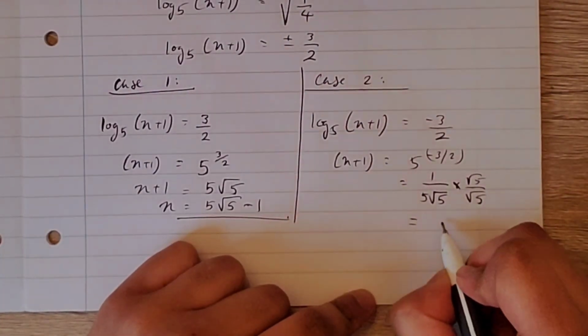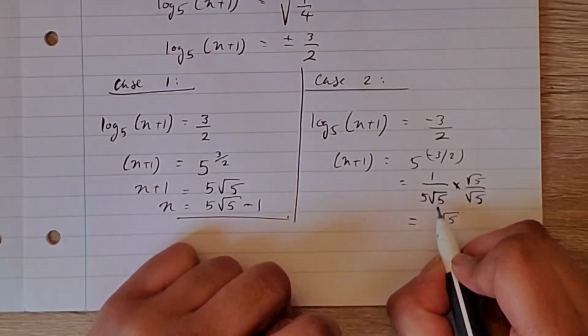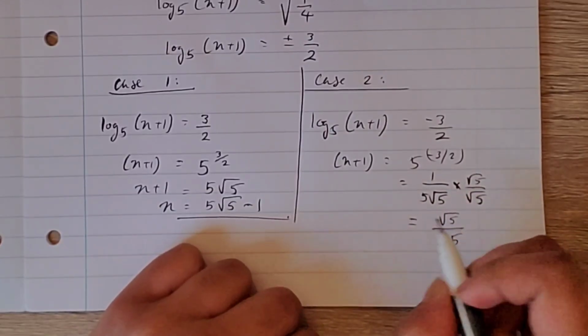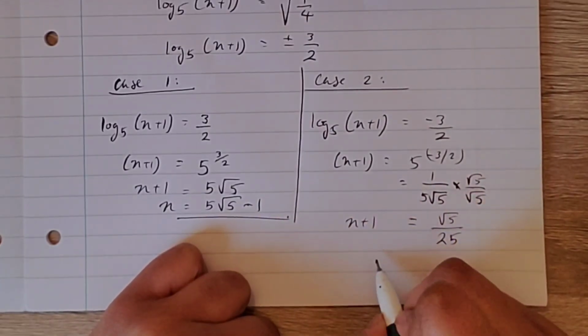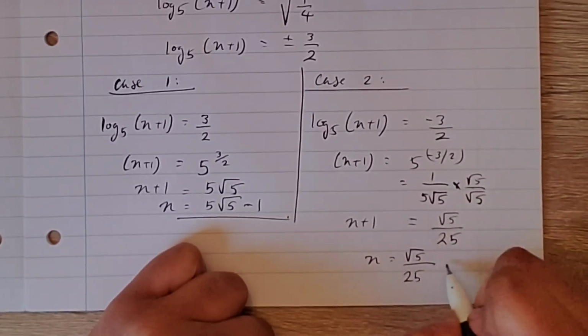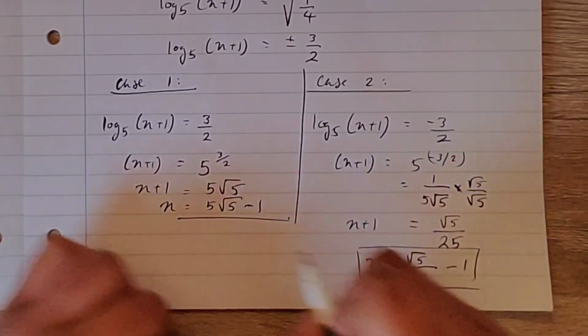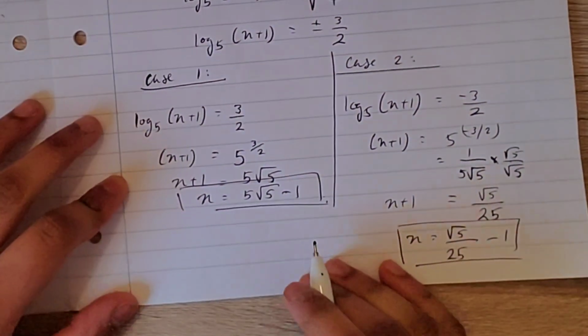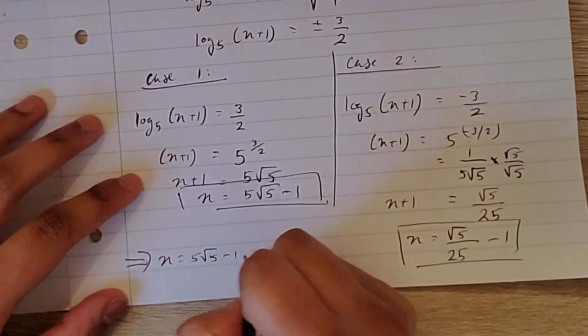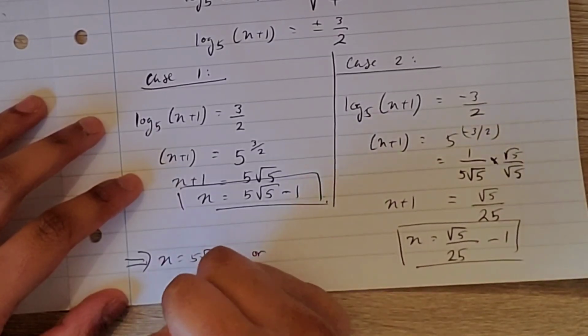And that gets us to root 5 over, well, those 2 root 5s will become a 5, so that will be 25, x plus 1. And that gets you to x is 5 root 5 over 25 minus 1. And those are our 2 solutions for x. So x is either, or x is